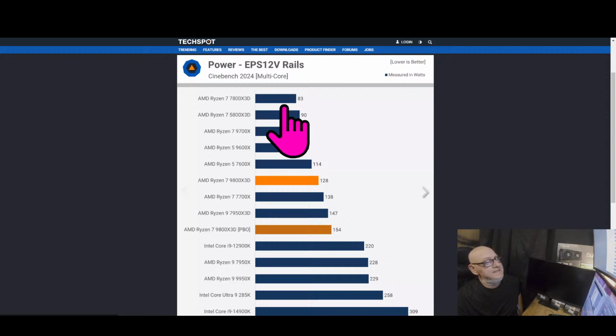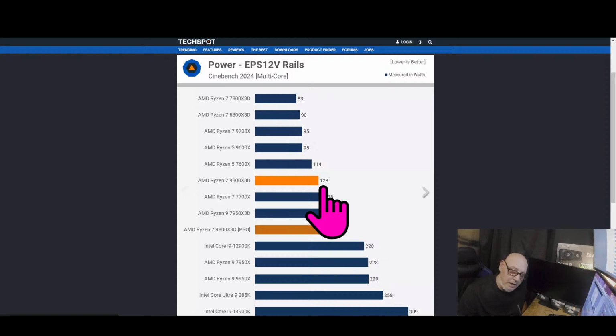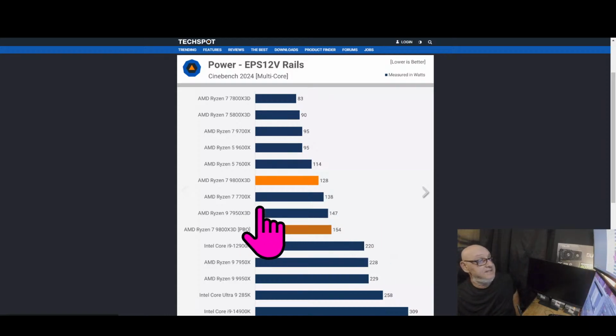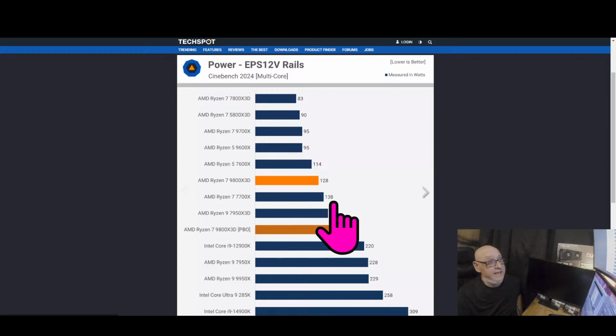So looking at the 7800X3D at 83 watts, 5800X3D at 90 watts, 9700X at 95 watts, right along with the 9600X, 7600X at 114 watts, 9800X3D at 128 watts, and the 7700X, which my machine has, 138 watts,